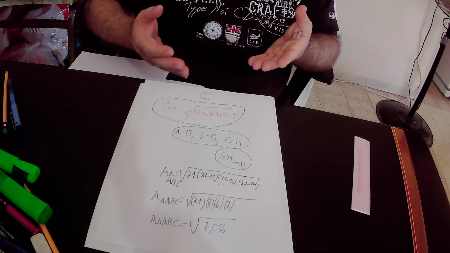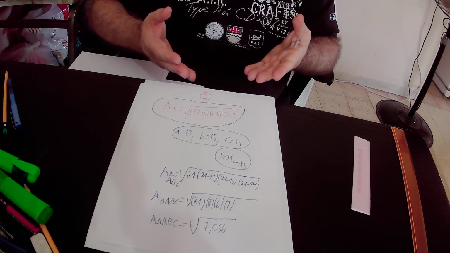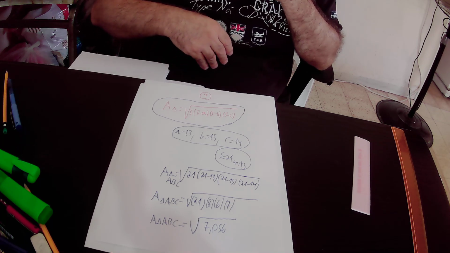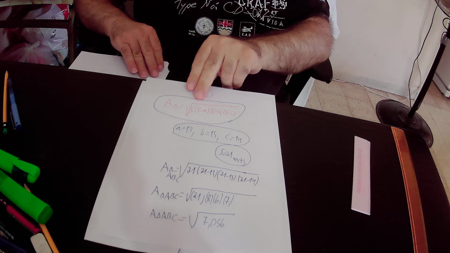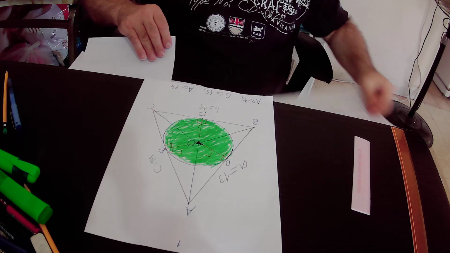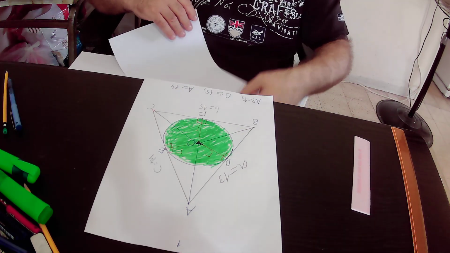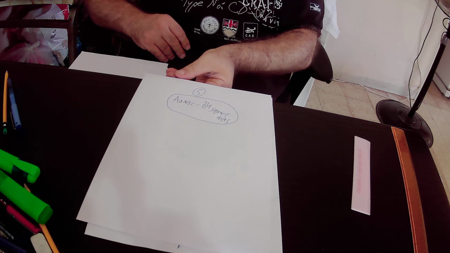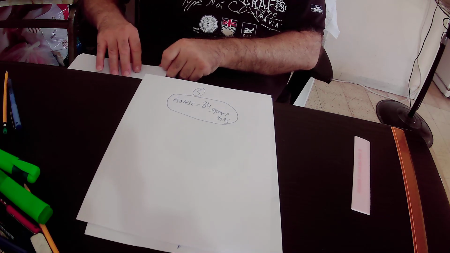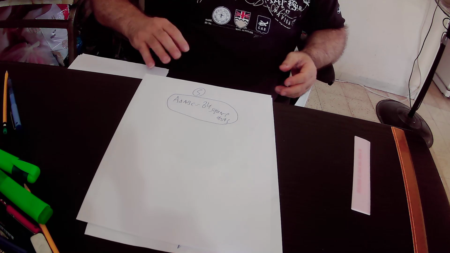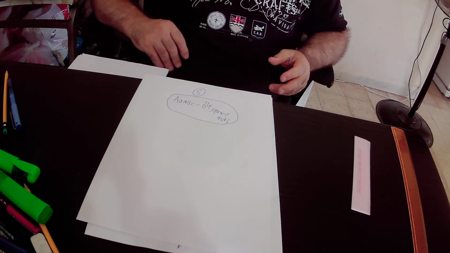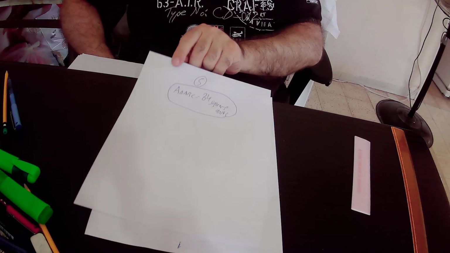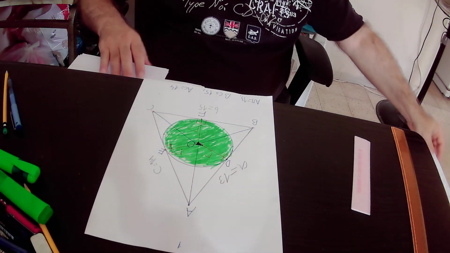So we put the data inside this formula, and we found out that the area of triangle ABC equals 84 square units. Okay, that is the first way to find out the area of triangle ABC. The area of triangle ABC equals 84 square units. Okay, and then